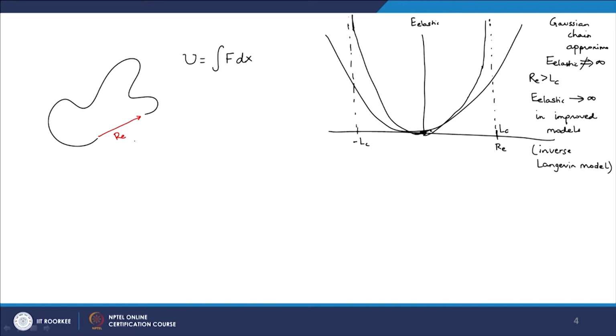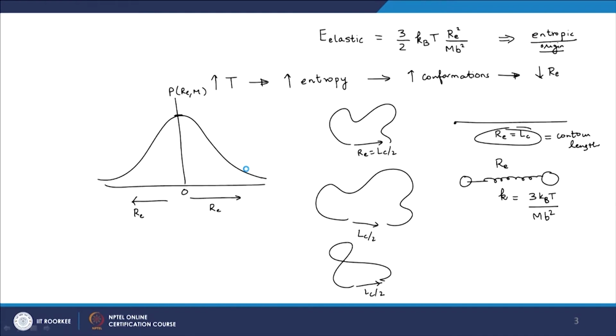In the same way, the force to hold the polymer at a particular value of RE will be given by the derivative of the elastic energy that we have derived. And in general, we are looking at the vector RE. Okay. So, since we have derived that E elastic is 3/2 kBT RE square by mb square,